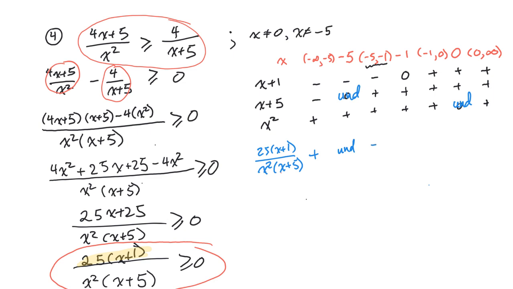We have a 0 here. We have 0 times 0, yep. And we have a positive value for this column and an undefined for this column and positive again for this column. So based on that, our solutions have to be greater than or equal to 0, so positive. So they only occur here, here, and here. So therefore, the solution is